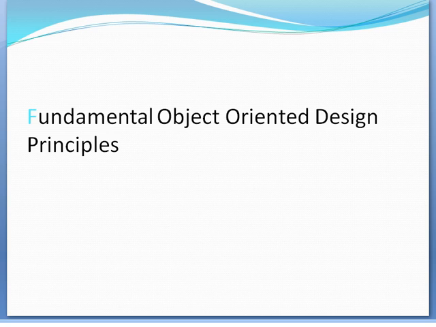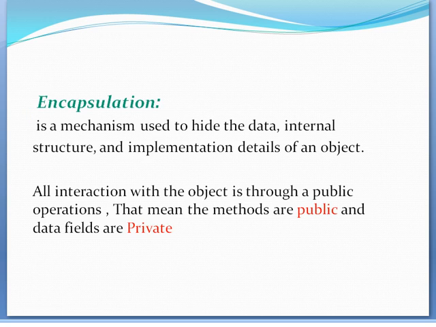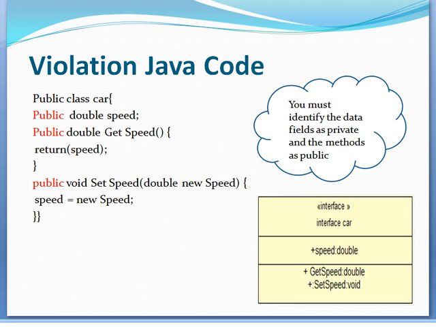Yes, the encapsulation principle is a mechanism used to hide data and the internal structure and implementation details of classes. All interactions with the classes go through public methods. Now we have a violation Java code of the encapsulation principle. Now we have a public data field and a public method. The correct one must have public methods and a private data field